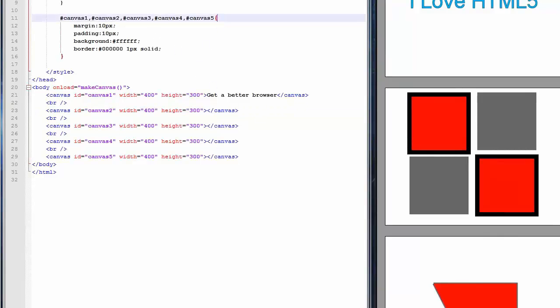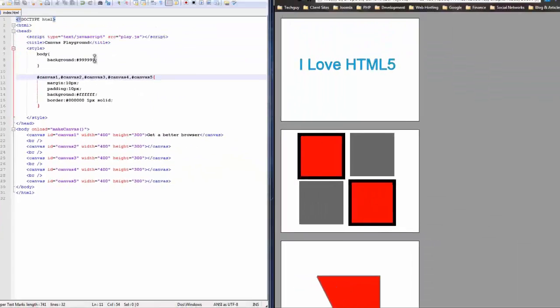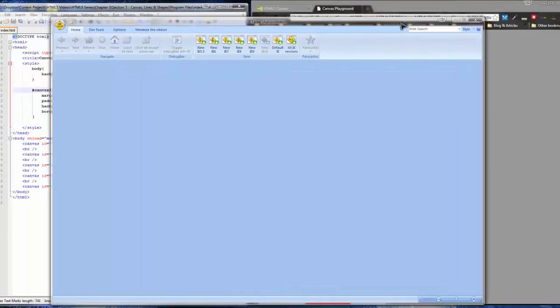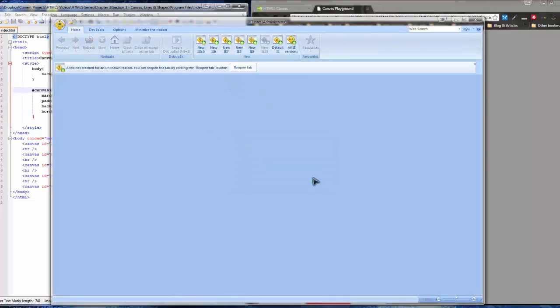I'm going to save this, and I'm going to open the IE tester that I have, and this allows us to look at older versions of IE. So if I open up IE7,